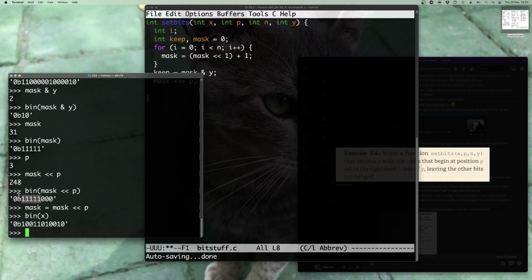The easiest way would be making these all 0 and then ORing with Y. Because if they were all 0, then ORing with a Y would make it okay. The easiest way to 0 them out would actually be pushing them out entirely and then putting these ones back. So